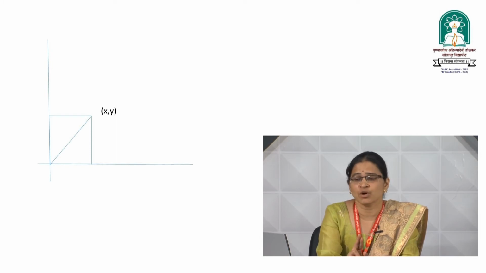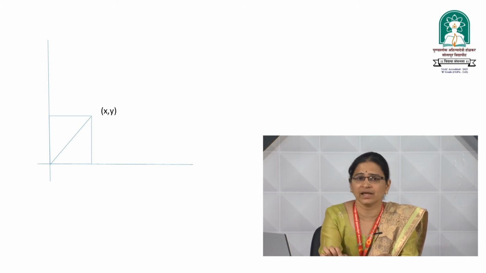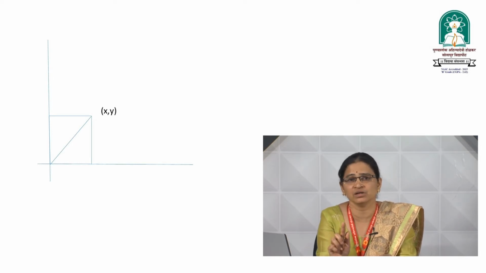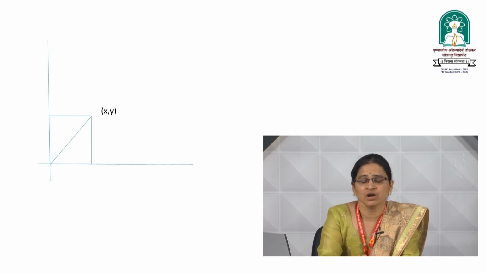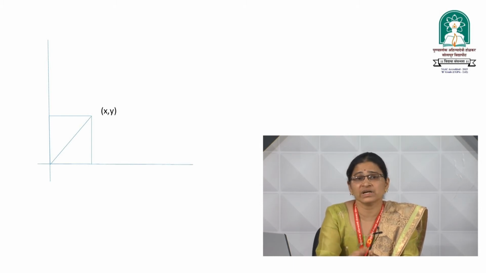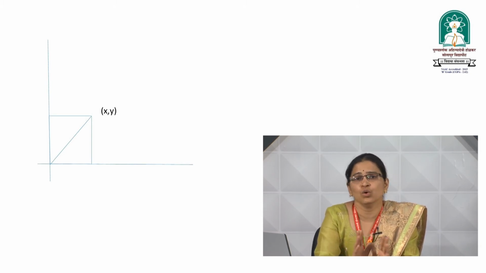There are 2 options with us, mod x plus mod y. We will start from the origin. We will travel horizontally on the x axis till the x coordinate, and then travel vertically to the point P having the coordinates x,y. This is one path. That is, first we go on the x axis, then parallel to the y axis. What is the other path? First we go vertically on the y axis till the y coordinate, and then travel horizontally to the point P having the coordinates x,y. These are the 2 ways which give us the distance of the point P from the origin.